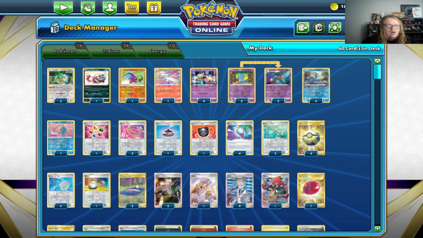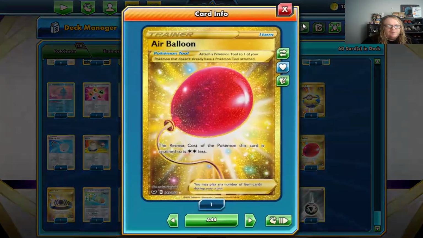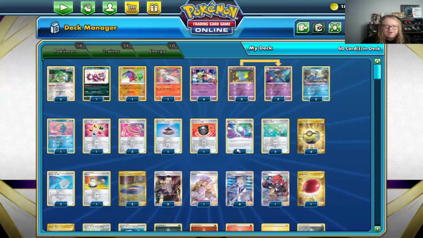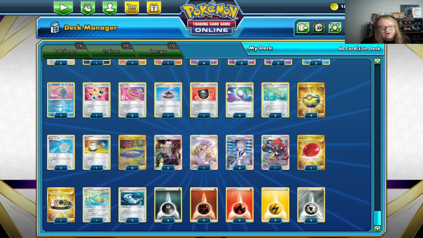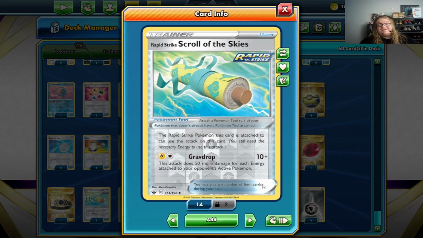And then we got the 2 Training Courts here. Obviously, get back a basic energy. Pretty simple there. For the tools, we have an Air Balloon just to help retreat. We got 1 Choice Belt just to help the Reshiram and Cramorant to be able to maybe get some extra damage in there. So if you don't have the glasses, we got the Super Effective Glasses. And we do also have Scroll of the Skies. So,